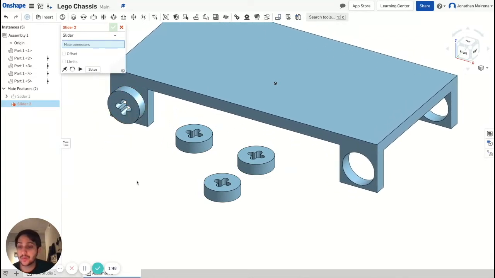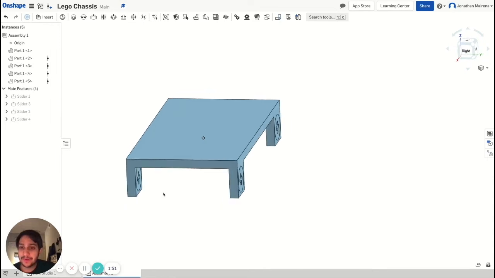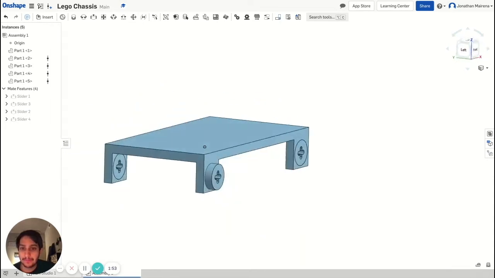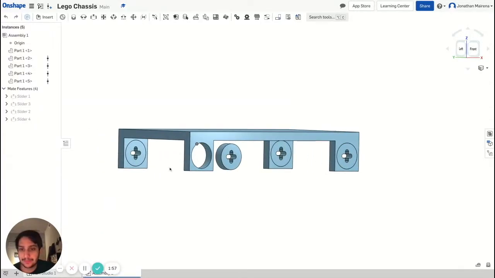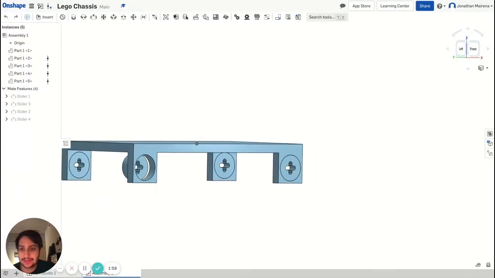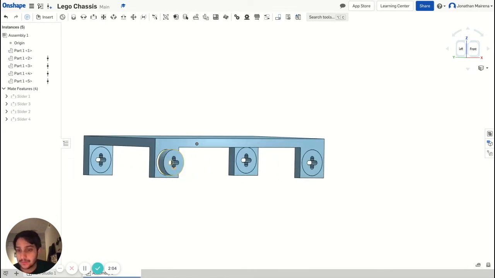Now I'm going to do this for the rest of them. Now I have all the bearings mated with the slider into the chassis. But as you can see, the bearings can still move out and in of their holes. What you need to do is add a planar mate. So I'm going to add a planar mate,